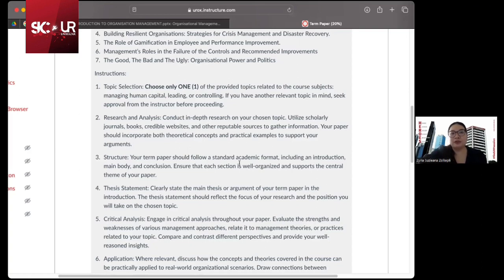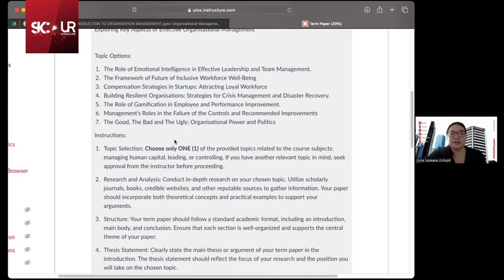Let's say I give you one example. If you choose compensation strategies, compensation strategies is about motivation. So include motivation theory. According to McClelland or, who else, the two-factor theory, right? If this compensation or these awards and recognition are, for example, like hygiene factors and so on, we are going to take a look at it later.